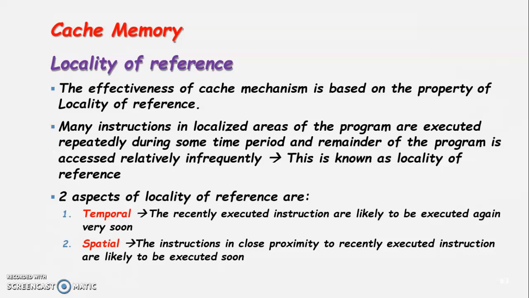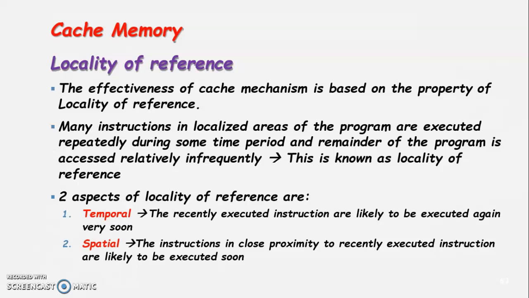That is, locality of reference is a phenomenon in which the computer program tends to access the same set of memory locations for a particular time period. Two aspects of the locality of reference are temporal and spatial. The temporal aspect says that recently executed instructions are likely to be executed again very soon. That is, if I have used something recently, there is a good chance I will use it again soon. Therefore, it makes sense to keep a local copy for a bit.